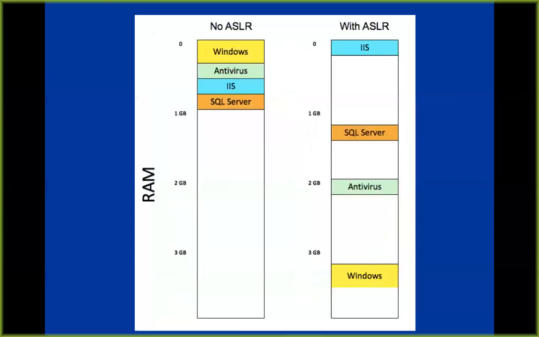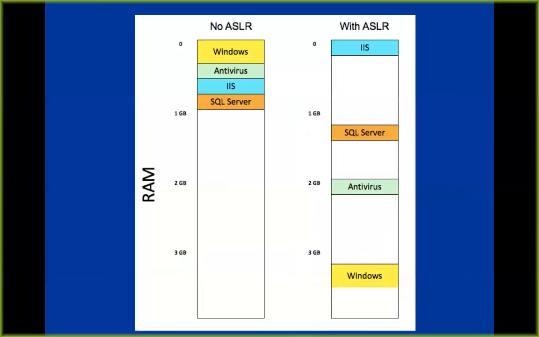The simplest one is the one I just mentioned. If you have a Windows machine like Windows XP or earlier, it did not have address space layout randomization. So you just boot it up and it would take the first block of memory and put Windows there. Then you'd start your antivirus and it'll go here. You'd start your web server and it will go here. You start your SQL server. It will just use the next available block of memory for every program. So you could very easily build your own Windows machine and install the same software, and you could pretty much tell where everything was going to be.